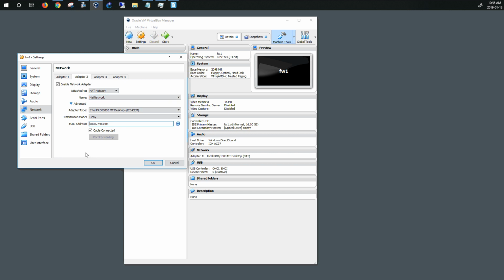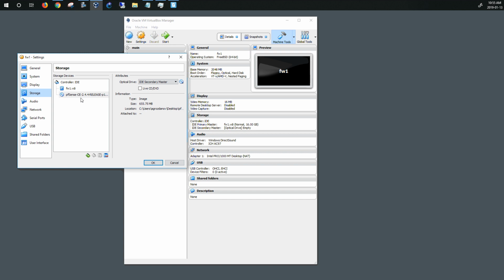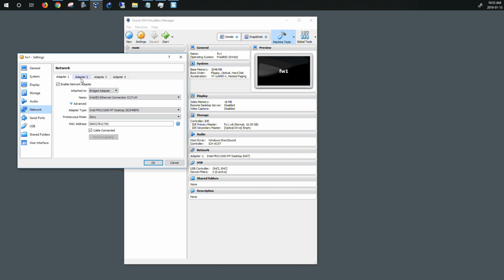Okay, and that's all. So 2 mandatory things and 1 not mandatory. The first not mandatory, removing the floppy down. Storage, you need to put the ISO image here, that's mandatory. And the network, it's mandatory to create the 2 adapters. First one to be bridged, the second one to be